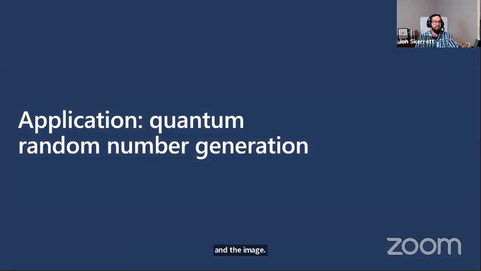All right, so we learned what qubits are, how we describe their states, how we change their states using quantum gates, and how we get information out of the system. And this is actually enough to get our first quantum application running. Let's look at how to implement a random number generator in Q#.